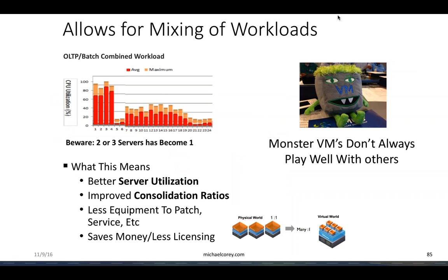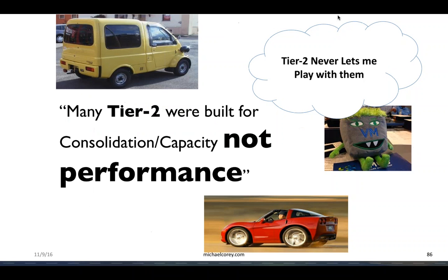And so you can mix workloads. The advantage of mixing workloads is your consolidation ratios go up and you save money on licensing. But what you have to be aware of is Monster VMs don't always play well with others. So I go back to that point I made. Tier 2 is built for capacity, not performance. And so when you take a Monster VM or a database and you put it into a Tier 2 environment,